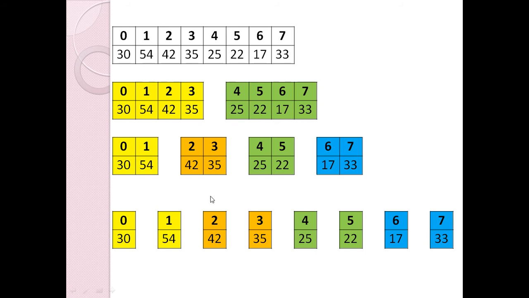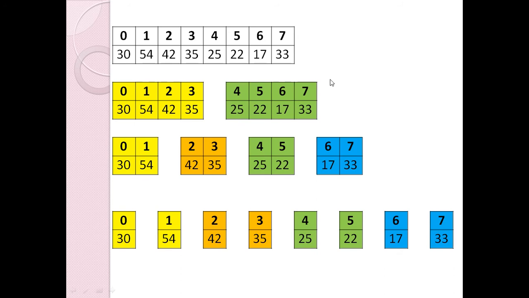Now these problems will also be broken up. So index is 0, 1. So mid of it is 0, integer part. So 0 to 0 is one problem, 1 to 1 is another problem. Similarly, this will also be broken, 2 to 2, 3 to 3. And you can see that all the problems are broken.